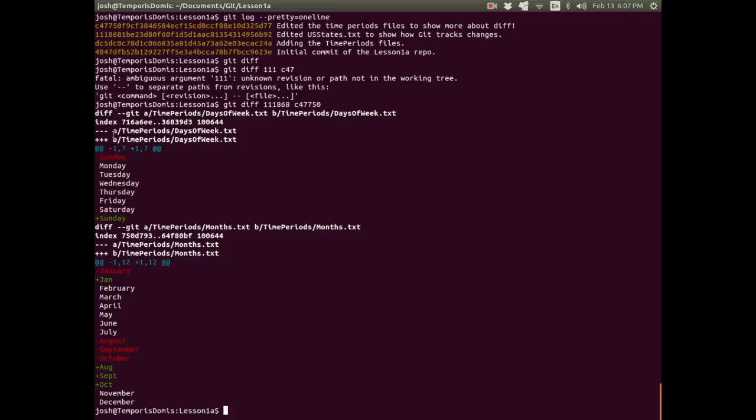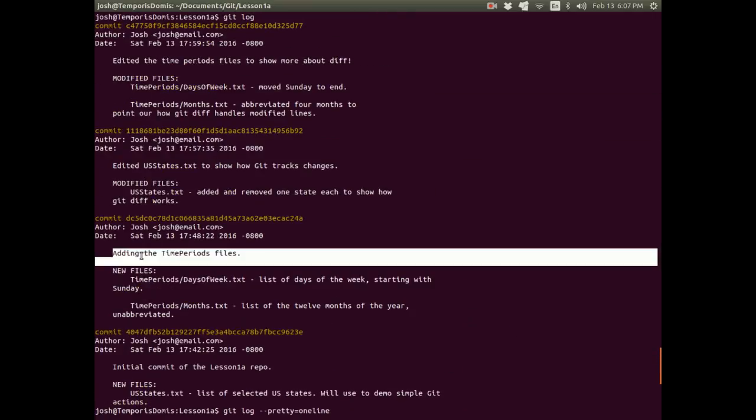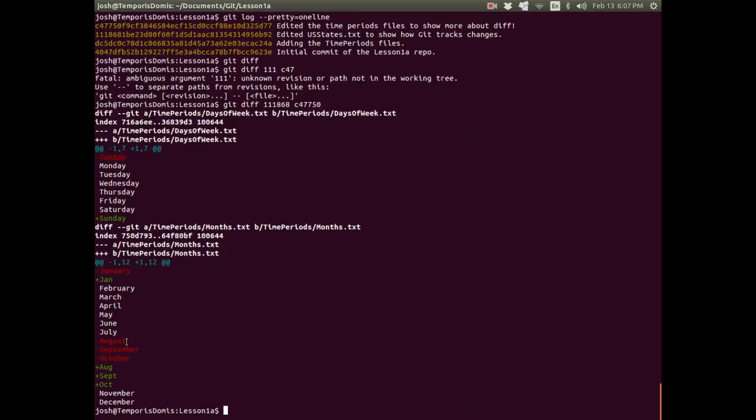And notice, let's actually take a look at what this is showing us. This is showing us the changes that we made to the time periods day of week and time periods months files. Remember, we moved Sunday to the end of the days of the week, and we shortened 4 of the months given. But remember, we'd done this before all at once, and then committed US states, and then committed these